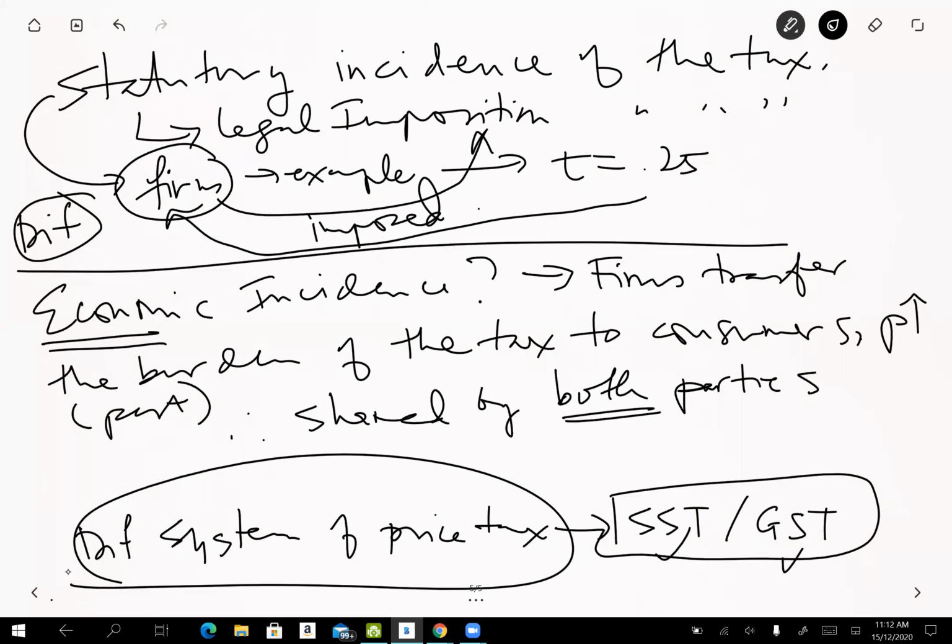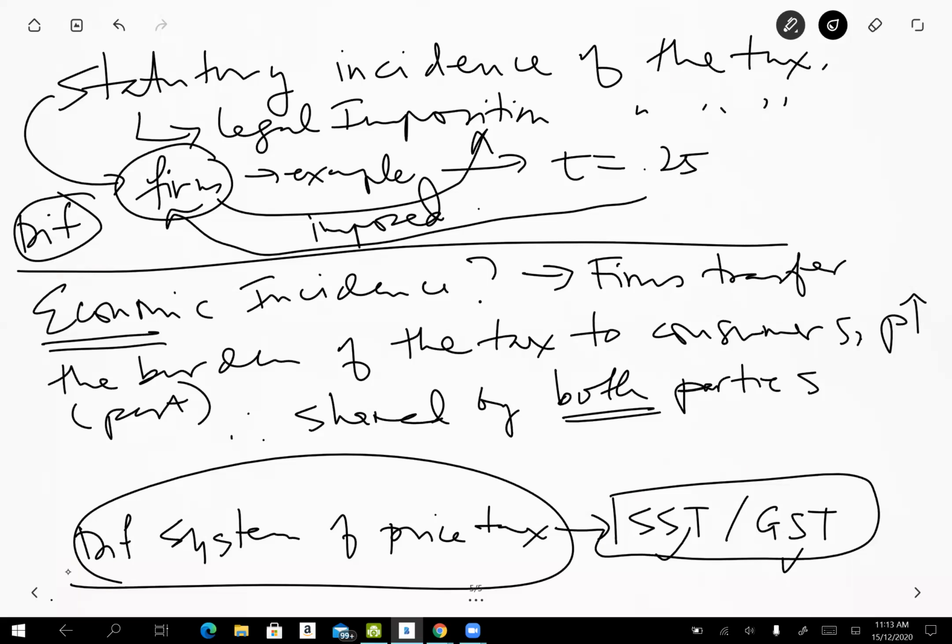But I also want to ask about the double taxation. What you mentioned, when both the producers and the consumers are being taxed, it feels like it's double taxation. Is that true, or is it different? That's why, if you look at the rule of taxation, you only tax the final product. That means you tax the last market where you do the exchange between the firms and the consumers.